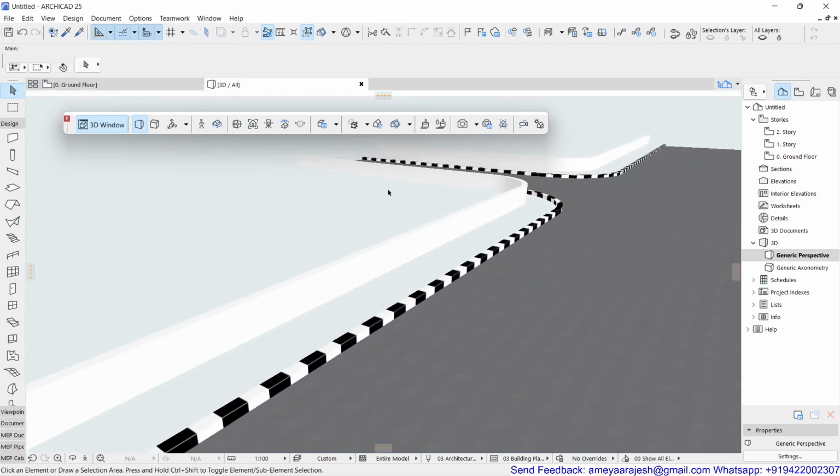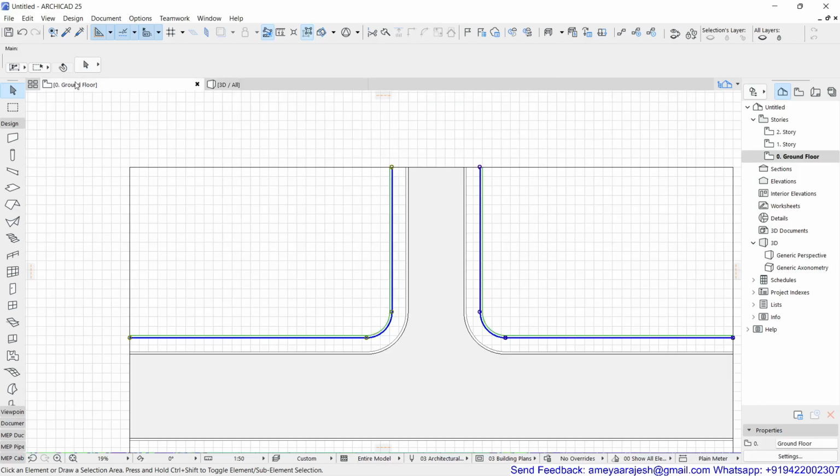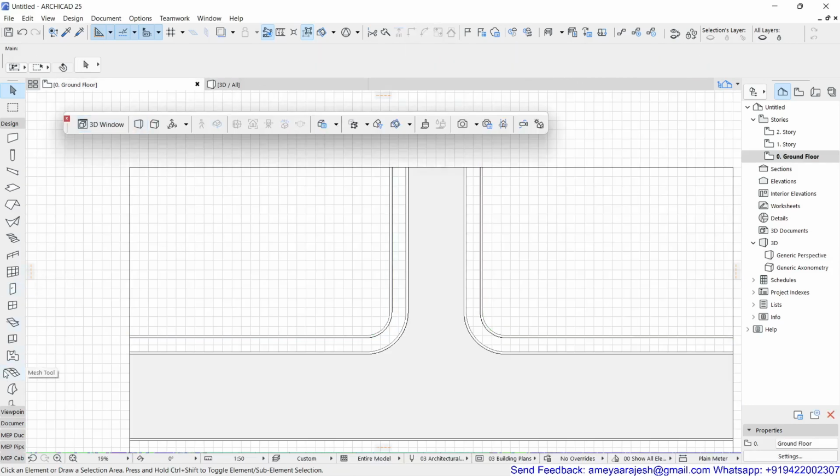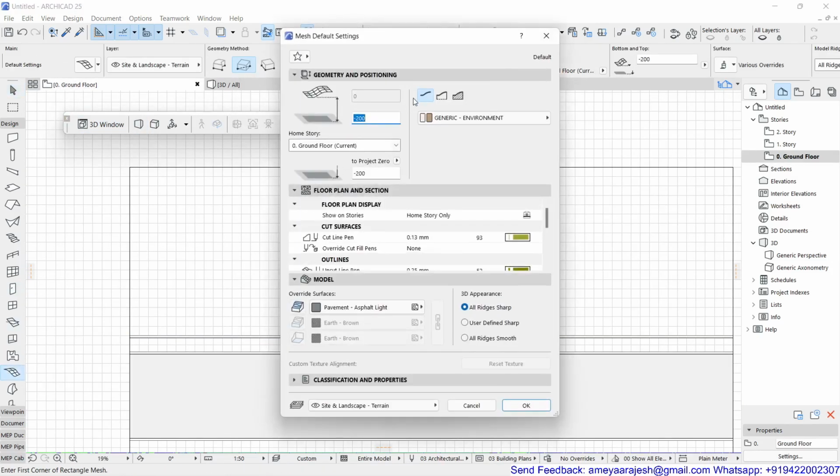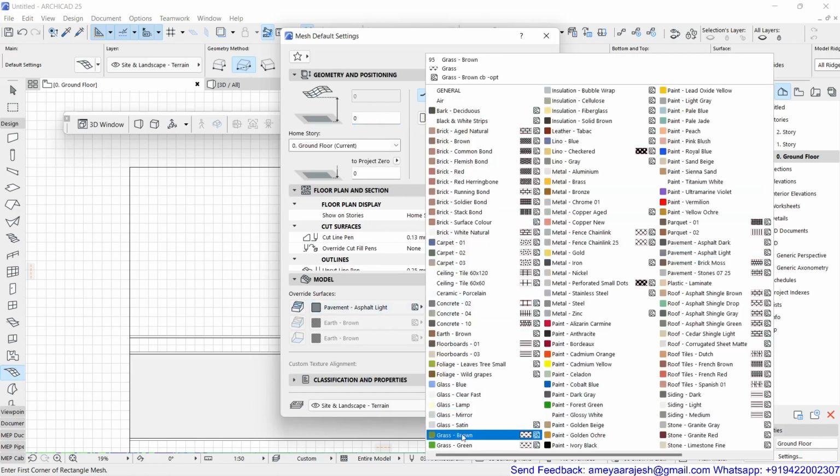Now the next part is showing the inner ground. For that, you can just go back to the mesh. You can work with a skirt or without, that's optional. I'll just keep this as a 0, for example, right now I'll keep it 0. I'll just use the grass as my